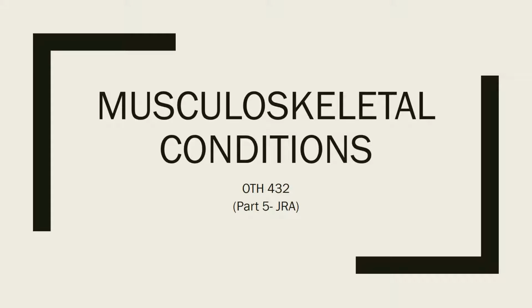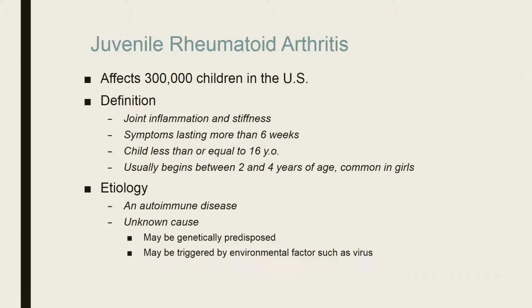This is our last musculoskeletal conditions lecture on juvenile rheumatoid arthritis, or JRA. Juvenile rheumatoid arthritis affects 300,000 children in the United States. The definition is that it's characterized by joint inflammation and stiffness, and the symptoms last more than 6 weeks. It affects children less than or equal to 16 years old in order to categorize them as juvenile rheumatoid arthritis. Usually the symptoms for JRA begin between 2 and 4 years of age,